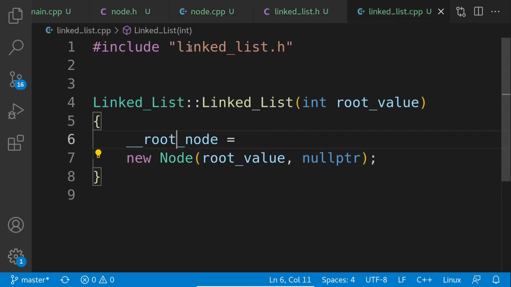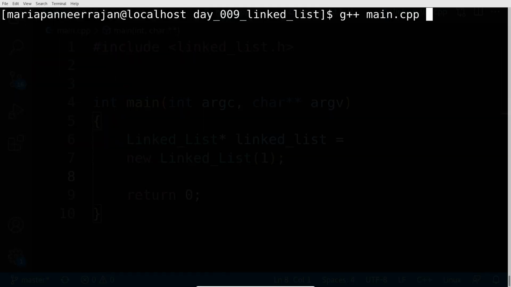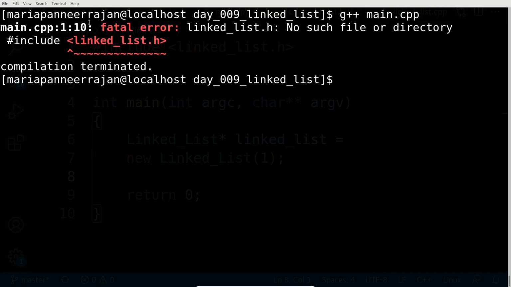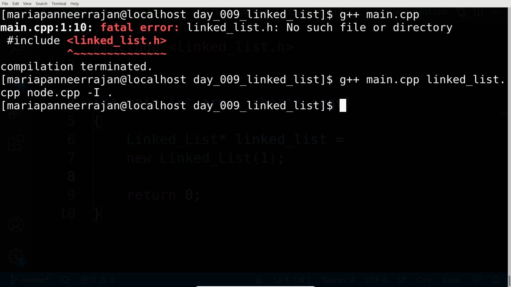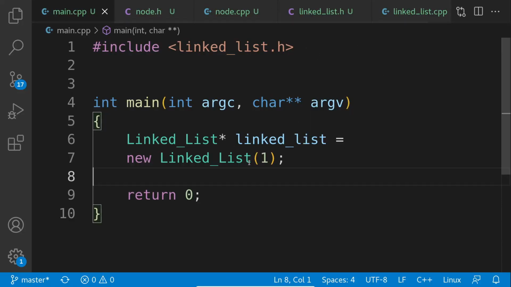So theoretically, we should be able to run our application without any errors right now. So let's just compile this. Yeah, okay. So linked list. Oh yeah, we need to include it in the GCC, right? So we just need to add linked list.cpp. And we can also create a node.cpp, right? And let's also tell g++ where it can find the header file. So just in the same directory. Cool, no errors. Perfect. So let's just run this, and nothing will happen, because